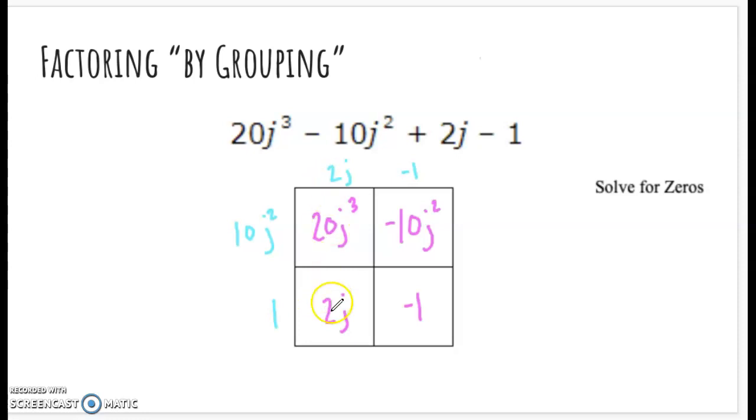Yep, that looks good. 2j times 1 makes 2j. 1 times negative 1 is negative 1. So my factored form would be, again, we're not going to do zeros because it's a cubic, 10j squared plus 1 times 2j minus 1. If you wanted to check your answers, you were kind of self-checking as we go, but you could use the distributive property, distribute through, and